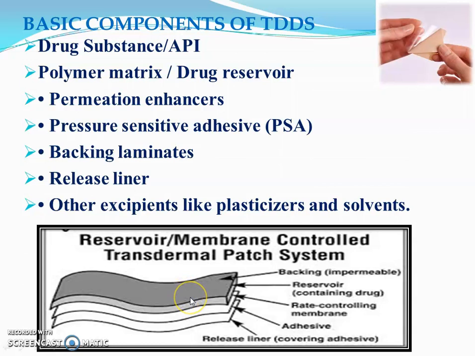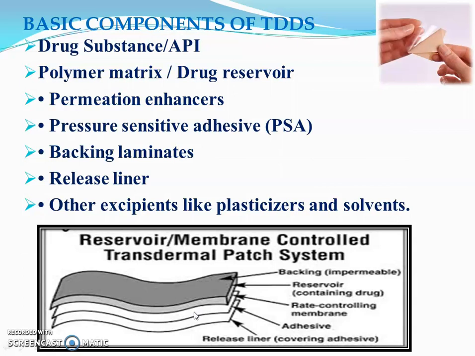They are arranged in a particular order. So at the top side, it is backing laminates, which can protect the drug during the storage. Below that backing laminate, it is the drug reservoir, where the drug may be contained along with the polymers. Below that drug reservoir, it is a rate controlling membrane. In case of reservoir type of system, the rate controlling membrane can control the release of the drug from the formulation. Then below this rate controlling membrane, it is an adhesive